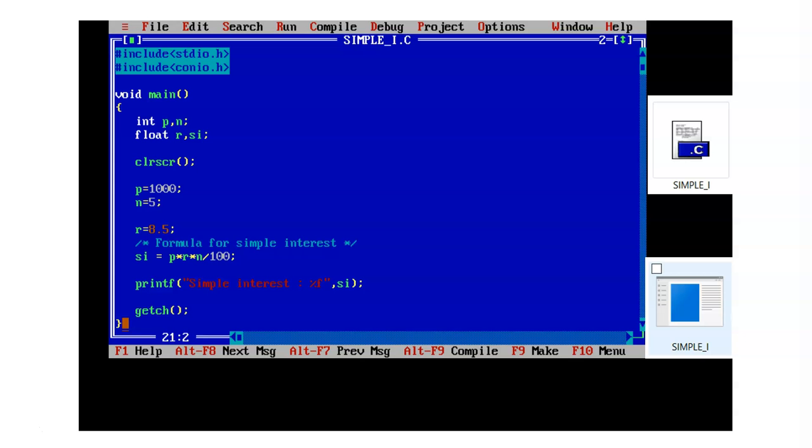Let's move forward. Here, as you can see, this is a Turbo C++ screenshot where I have written the program of simple interest. After writing this C code, your program will be saved into a file. As you can see, the file name is written as simple interest with an underscore, and you will see an icon in the storage of your directory like this, and also you will see one more icon like this. This is the application